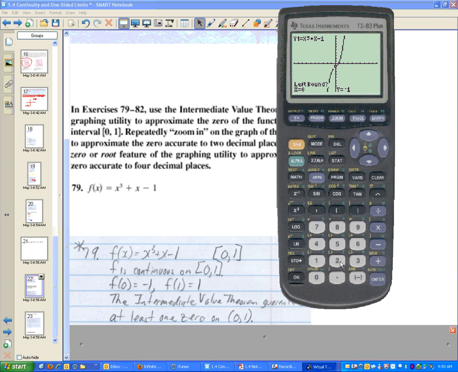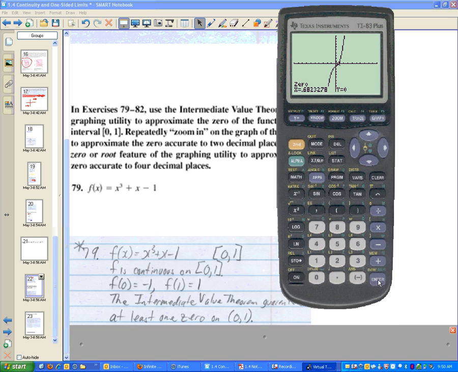And then it wants you to give a boundary. The reason they want a boundary is because many graphs cross the x-axis more than once. And the calculator wants to know which one you're looking for. So give it a boundary. Make sure that your left boundary is to the left of where the graph crosses. Hit enter. Then move over and make sure that your other end is on the right side of where the graph crosses. It wants you to make a guess, again, because many functions have more than one 0, but we've only got the one, so that's a good enough guess. And there we go,